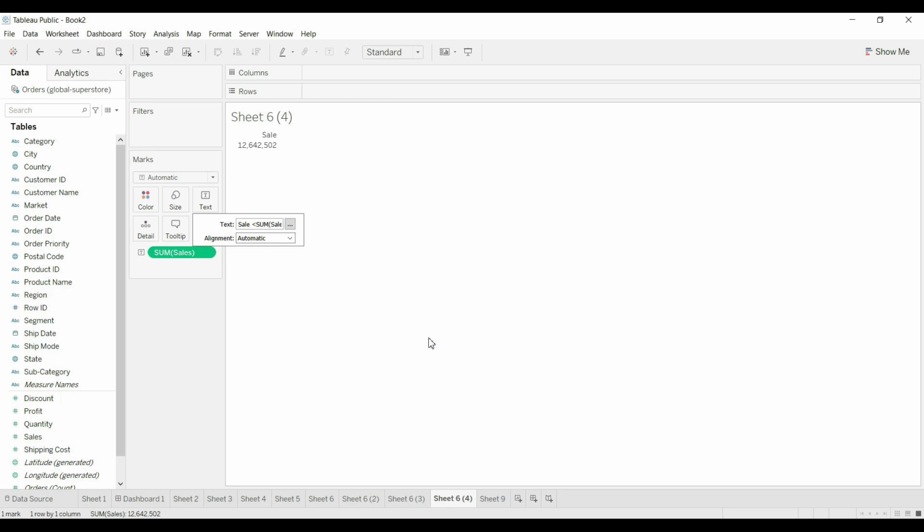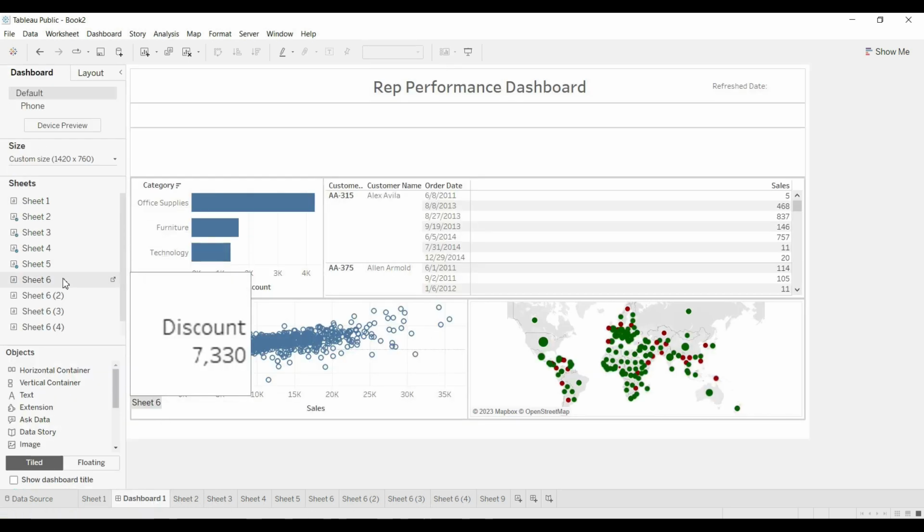Okay, so we are also done with creating 4 KPIs. Let me go to the dashboard.